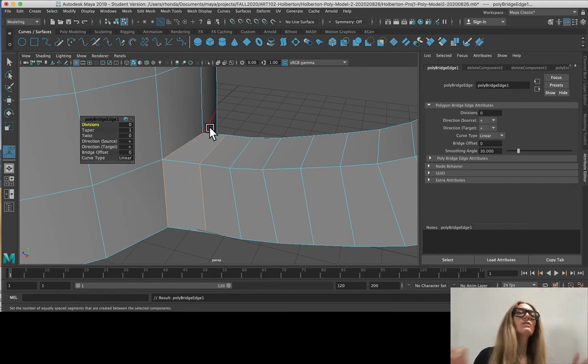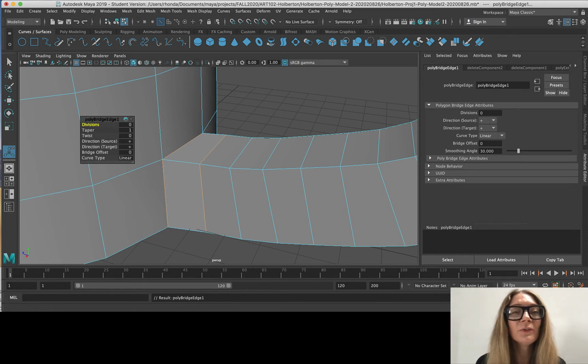The only thing with bridge is you need to have the same amount of edges. So I had 4 edges on my handle, and I had 4 edges on the kind of body of the cup, so it could bridge. If you have a mismatch in edges, it won't know where to connect. If you have that and you need to go in and do like a bridge by hand,